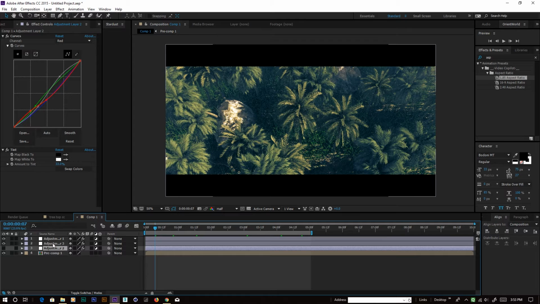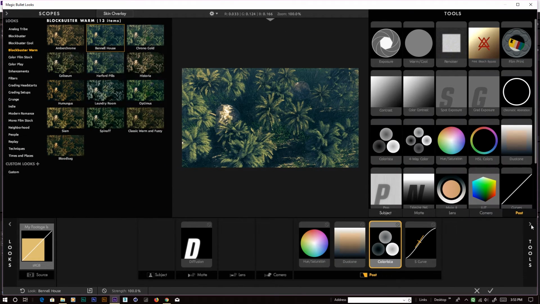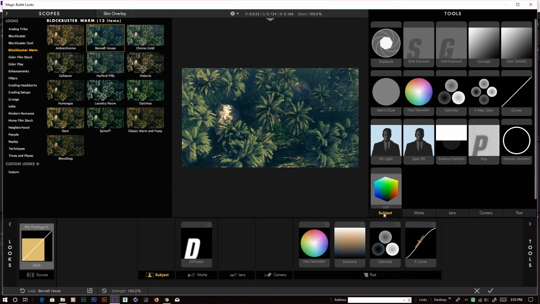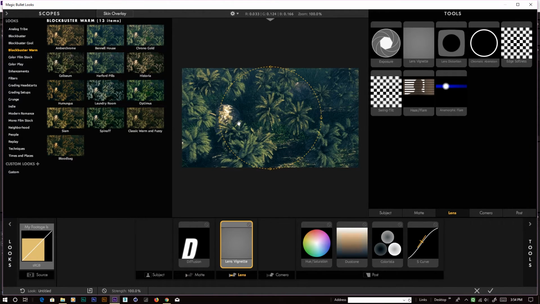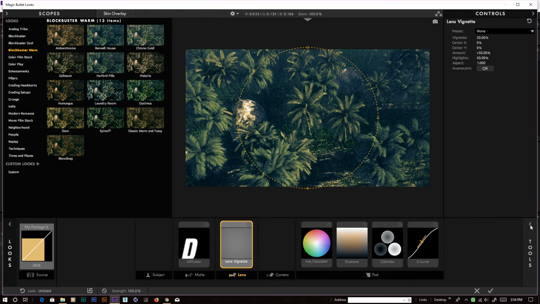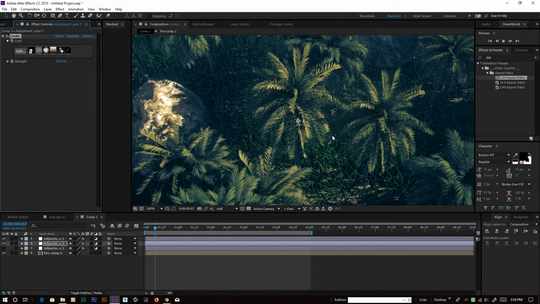Maybe we need some vignette here, so go to the edit option again, and from here we can choose the vignette and apply it. We increase the amount, change the aspect ratio here like this, and hit OK. Okay,